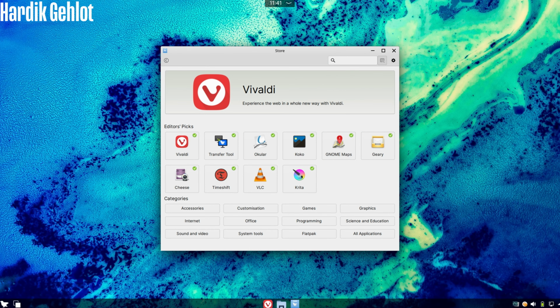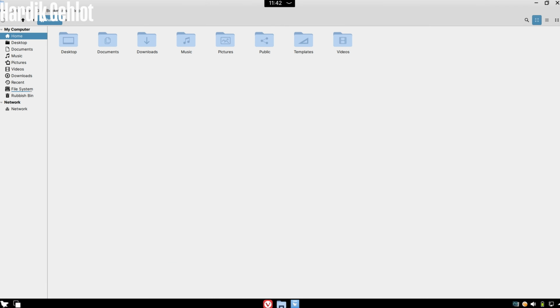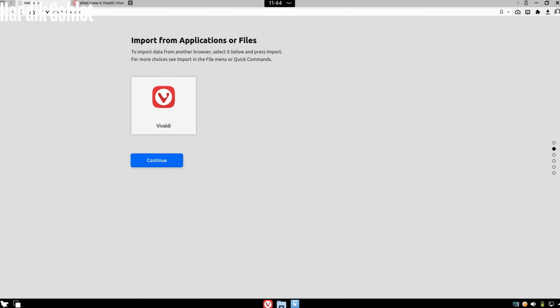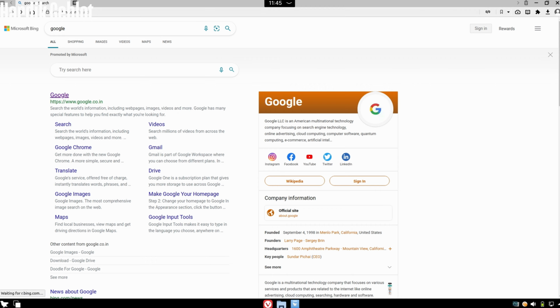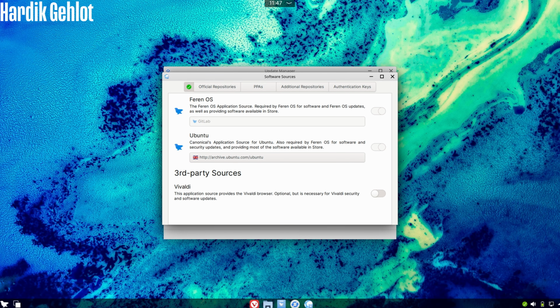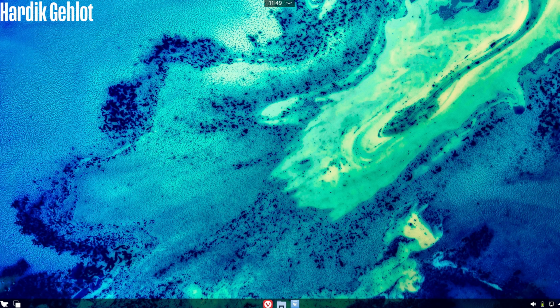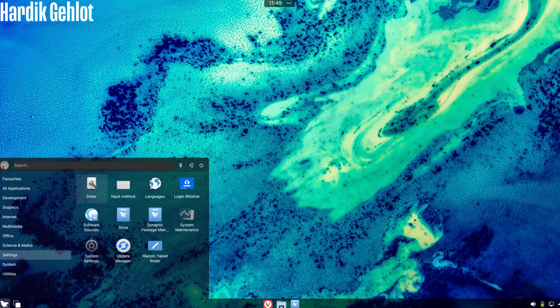This is the App Store of FairyNOS, known as Vivaldi. We also have many desktops and this is the File Explorer. We also have a web browser with the same name and it is working. There is also an update manager, just like in New Linux. You should change the server to your country, which improves the download speed a lot. We also have all these apps which you can check out in free time.